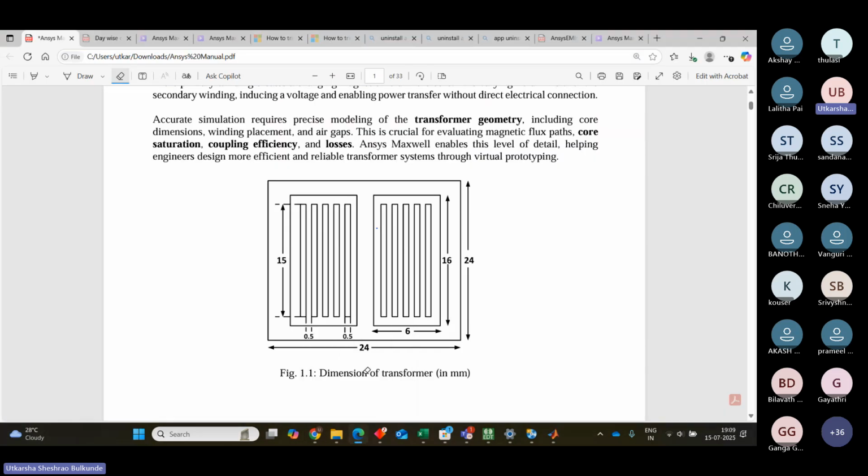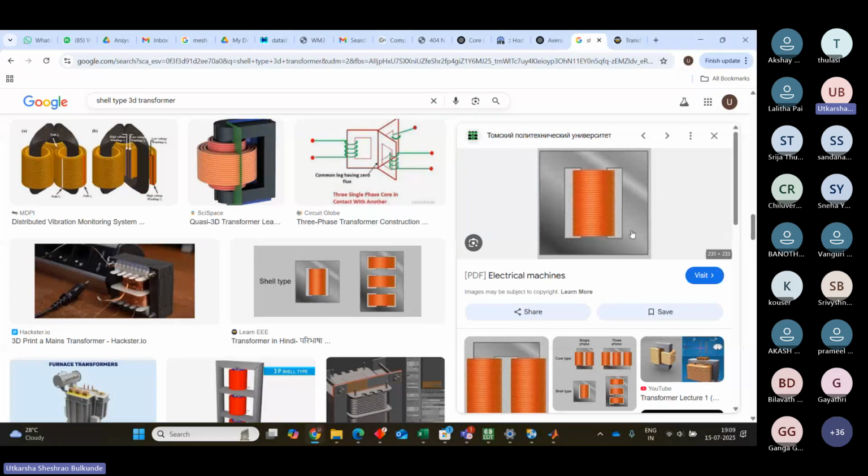So here we have drawn the cross section of it. But now we have to draw the 3D structure. So this whole thing will come. Understood? But we will not draw these turns. We will draw it as one solid block. We will not draw these turns. We will just draw one solid block here, which will go through the